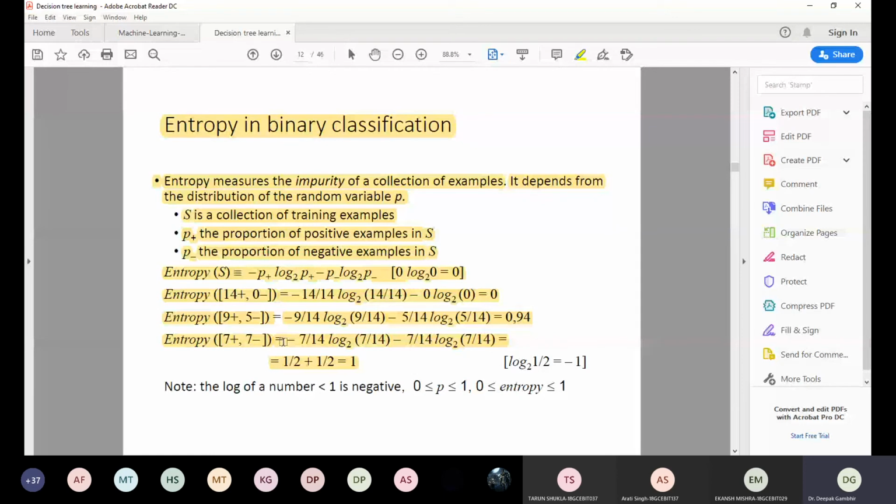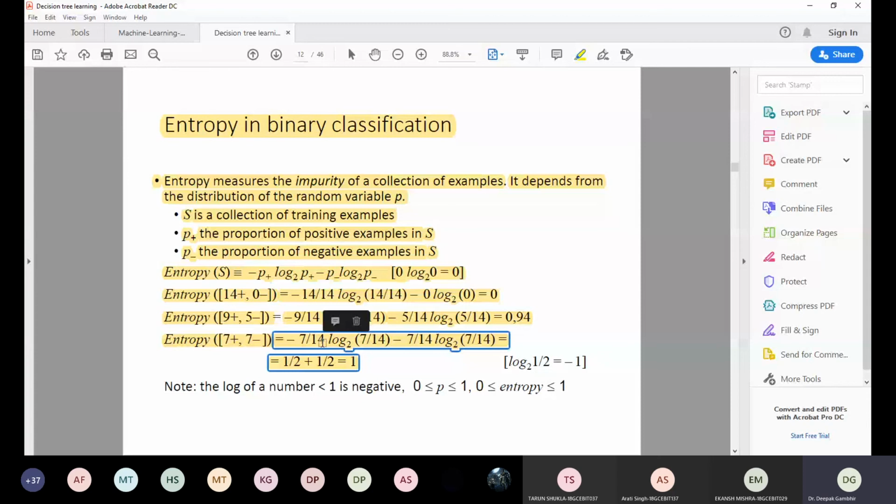Even in the case of 0, there is also no information gain, because all are positive examples, so everything is positive. There is no need to make the decision tree. It's already decided. Similarly, in this case, if it is 1, there is no information gain. It is equally divided. Once it is equally divided, you cannot divide it further. So there is also no information gain. The entropy, that is important.